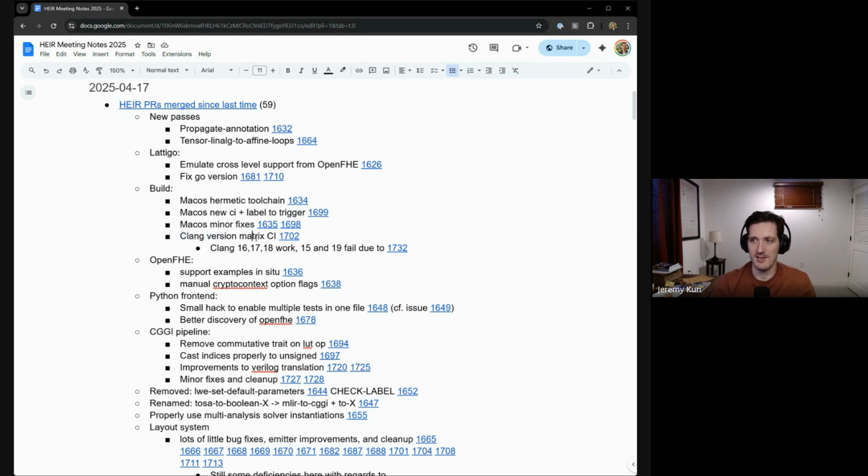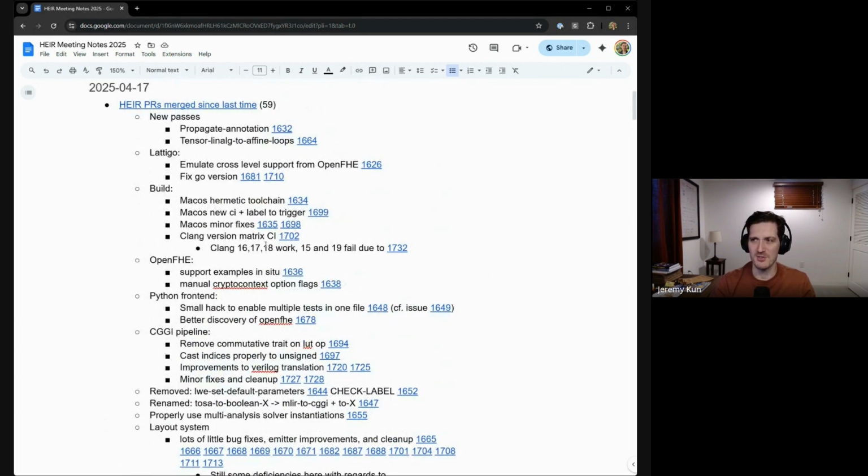We also added a Clang version matrix CI. It runs versions 15 through 19 of Clang, and 16, 17, and 18 work, but 15 and 19 fail. I noticed that it's the same error on 15 and 19. You can see the error there, but also that error in 19 was patched in a minor version, and the CI only has access to an earlier 19.1.1, and I'm on like 19.1.7 or something. So I don't know how to update the CI to use a more recent Clang version, but I think just fixing the underlying problem would be best.